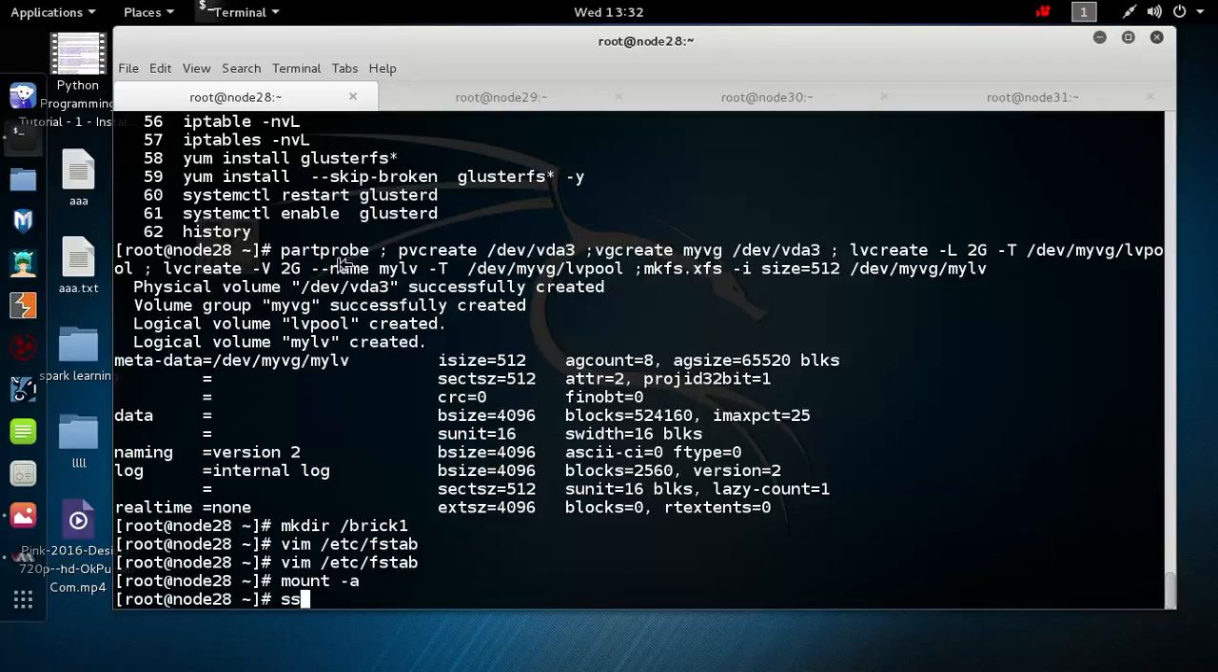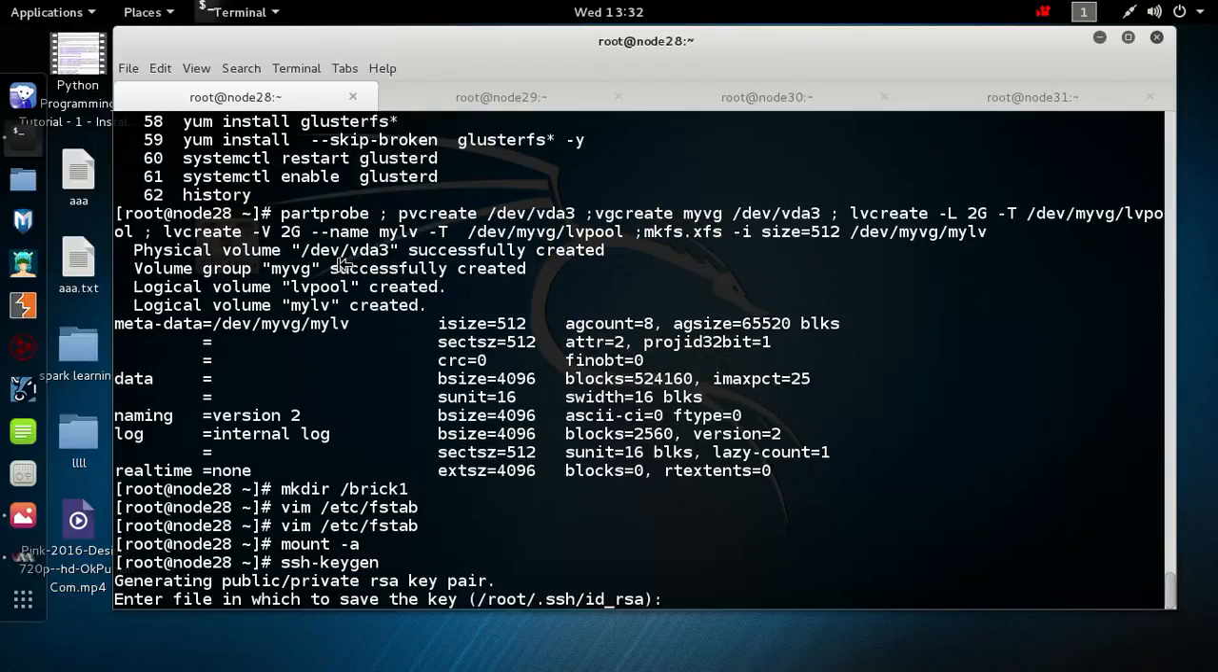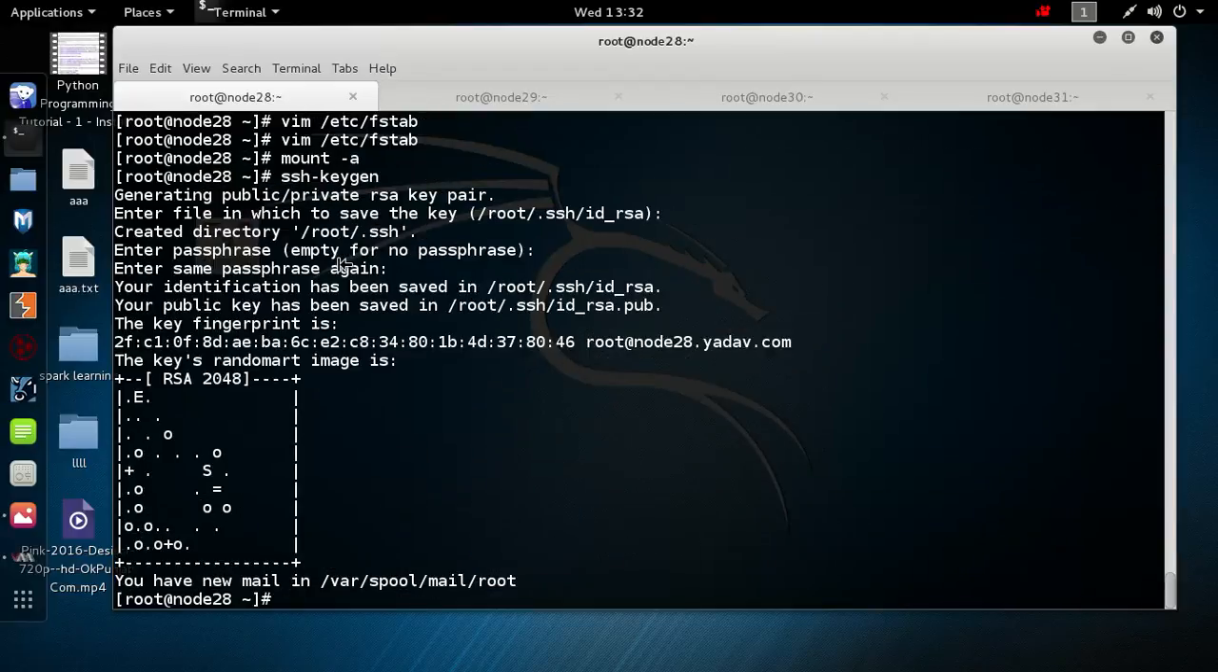create ssh-keygen. Please do not give any password or anything. Please just press enter 2-3 times and it will be done. Please do not give any password, remember. And then